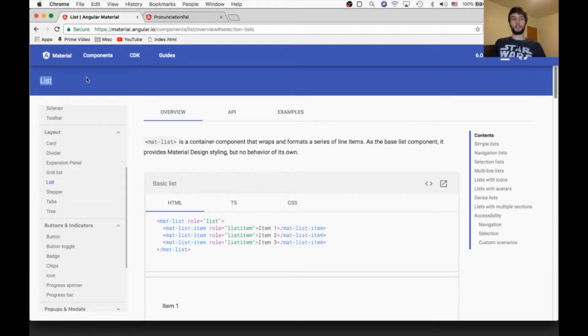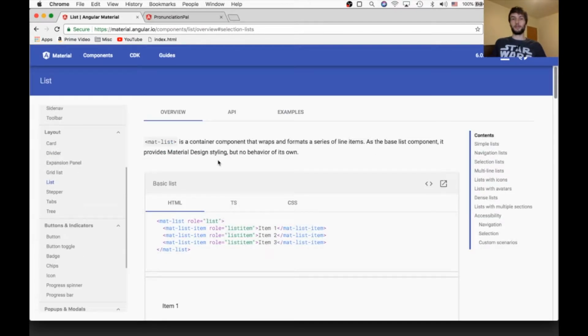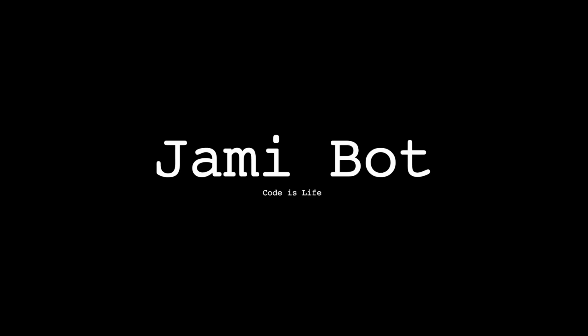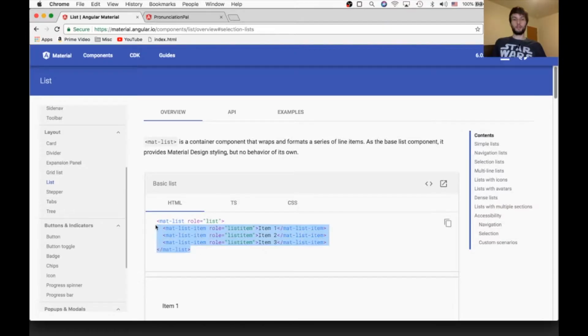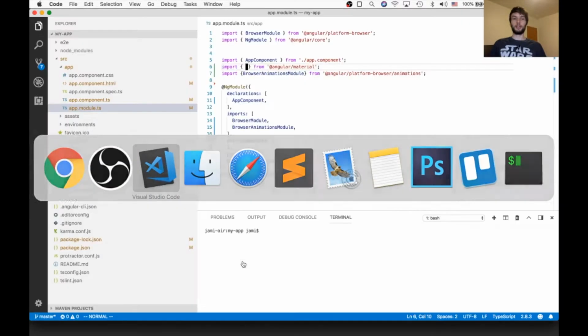Today we're going to be looking at the Angular material list, and we're going to be going through the docs and doing all the examples and showing how it all works. So the first example is a very basic list, just has a couple of items. They aren't really interactable in any way, but let's start with that and get that working on our own blank